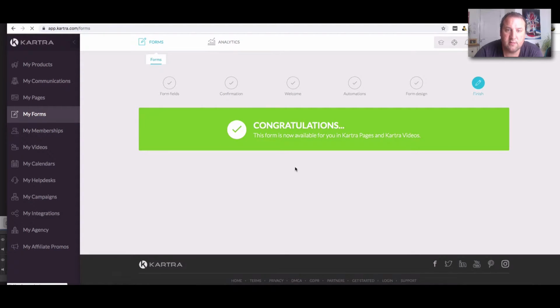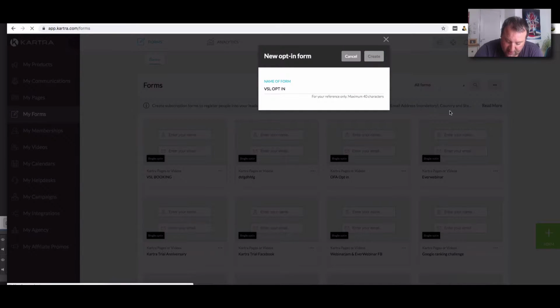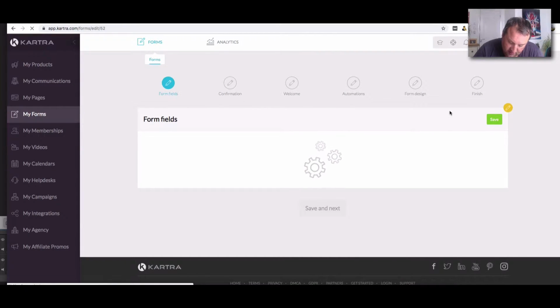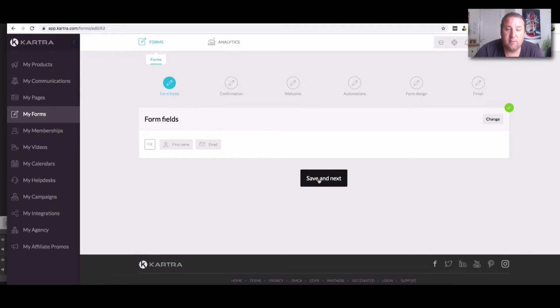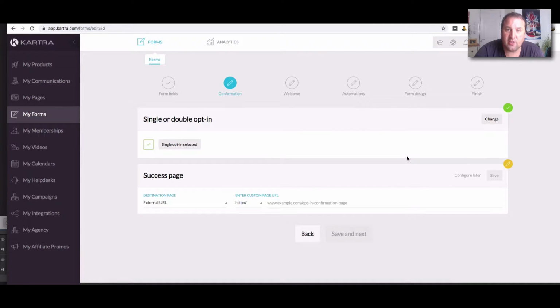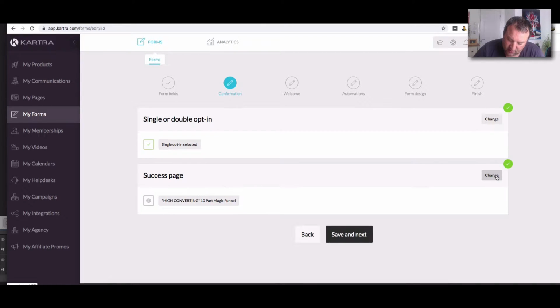So we go back to forms, add a new form, and this is going to be our VSL opt-in form. There we go. And again, this is not going to let us opt in form. Just write that down so I know what I need to configure. That's not going to let us do certain things again, I should think. So again, we're just going to have to choose the opt-in page, so for this one we will want the VSL page. Actually what we should have done is created all the pages first, but it doesn't matter. So I'm going to select anything. Doesn't really matter because we've got to come back and do it. So opt success